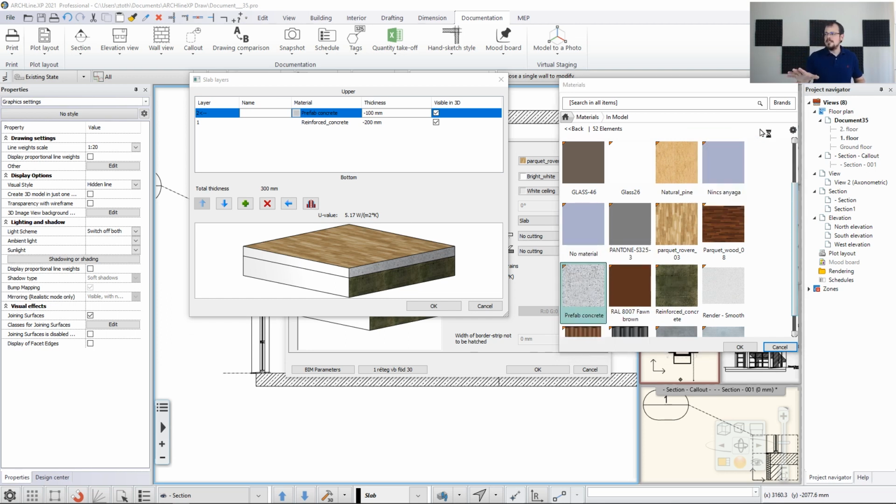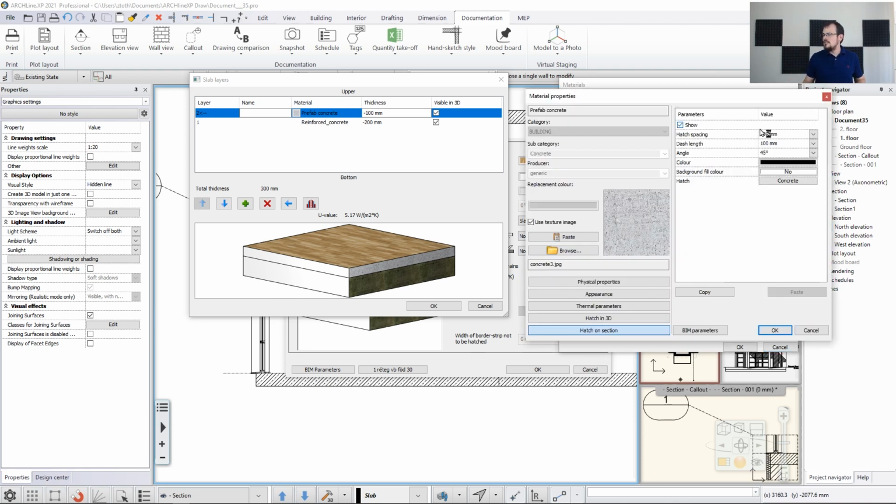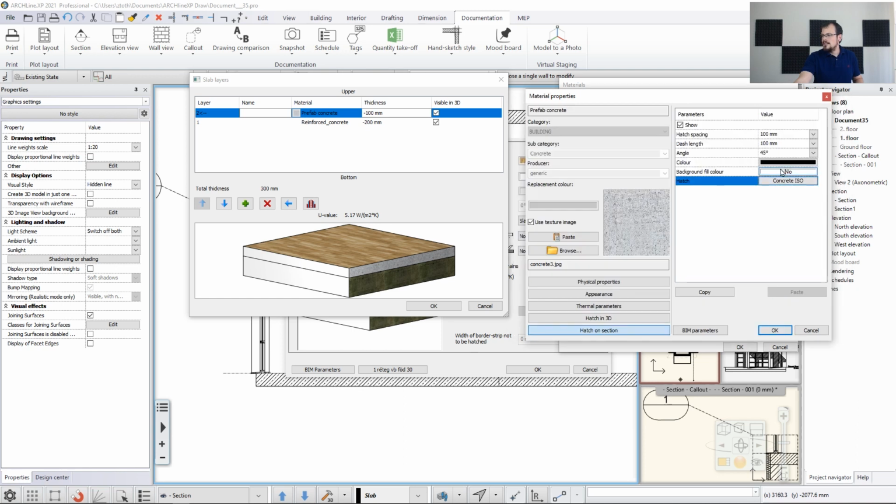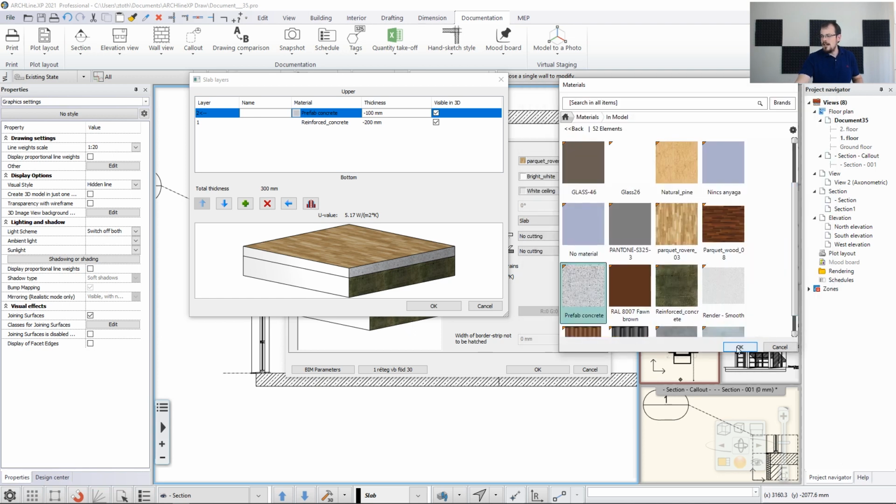We talked about this before. If you want to change how the hatch pattern looks for a certain texture, you have to go to hatch on section, and here you can change the texture to something else. Now, instead of using plain concrete, we are going to look for a concrete ISO pattern. Let's hit OK. The orientation, the angle is 45 degrees, that's fine, but the spacing and dash length is not okay, so I'm just going to increase this to 300 millimeters and 300 millimeters, and hit OK, and OK again,